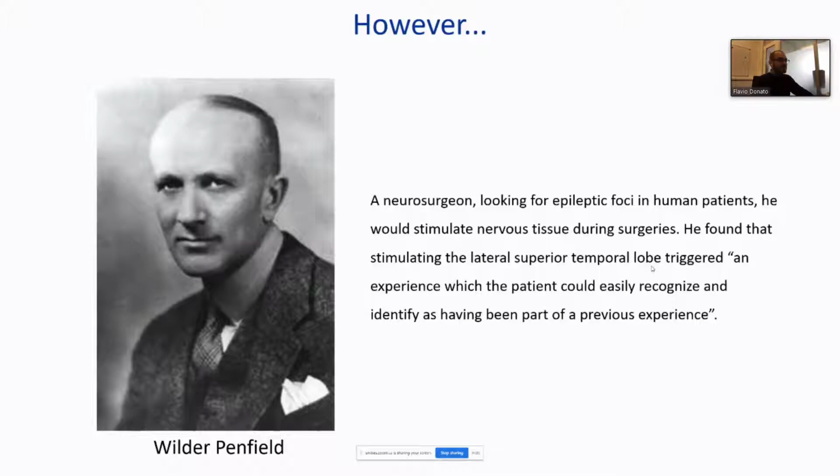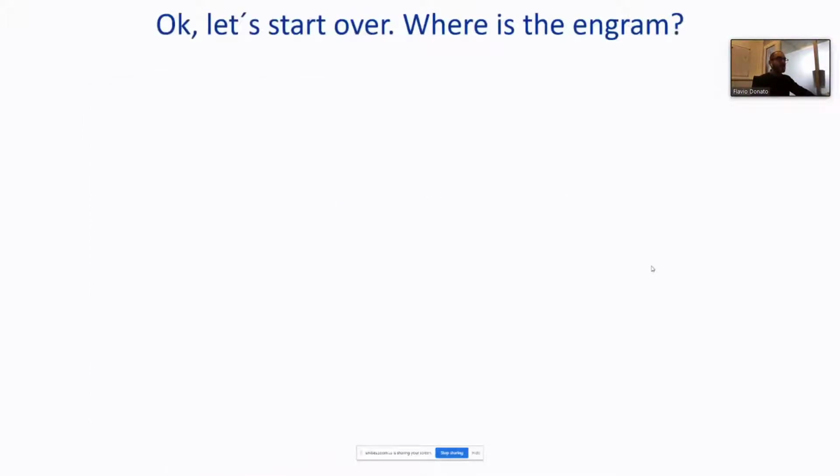So in the end, this goes a little in contrast to what Lashley was saying. Lashley was saying the memory is not in a specific place, it's all over the brain. And Penfield instead was giving the answer, no, there are some specific areas that, when you stimulate them, you are able to elicit a memory response. So let's start again, and things were sort of reset at the beginning of the 50s.